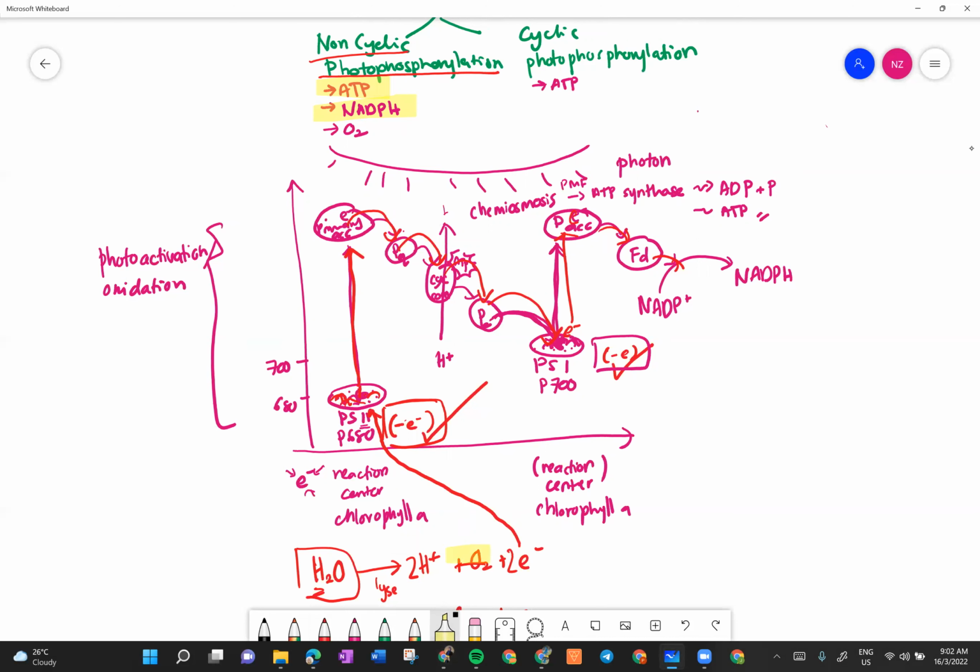Okay, that is also why oksigen terhasil dekat dalam non-cyclic ni sebagai byproduct. So again, elektron asal dia adalah daripada water sebenarnya in the big picture. Okay, bukan the P680 sahaja. And then the last electron acceptor would be the NADP+, which then become reduced to form NADPH. So this one is the